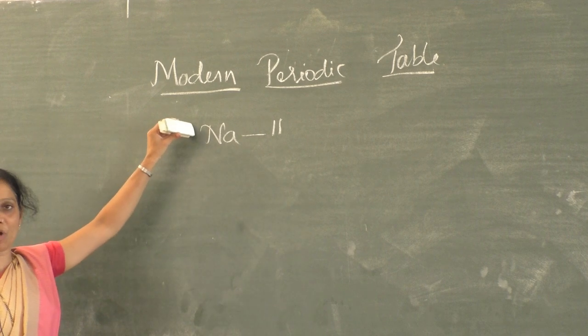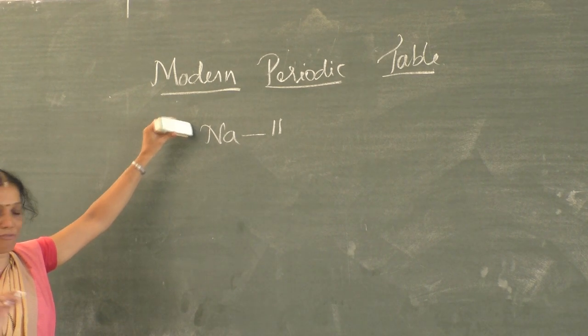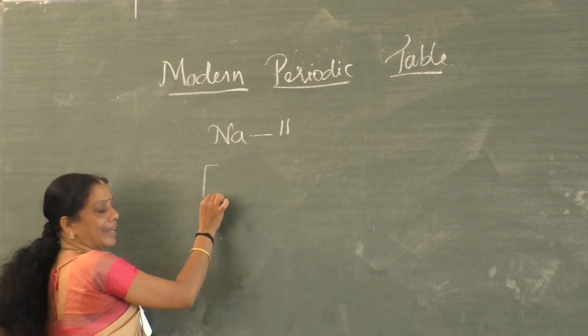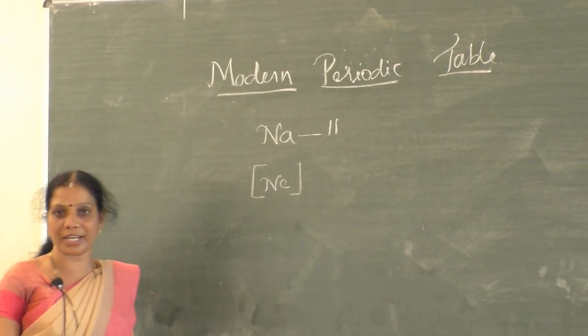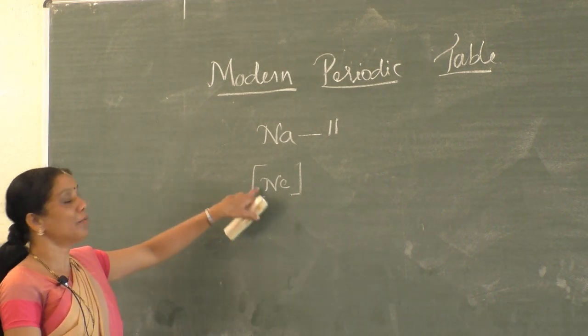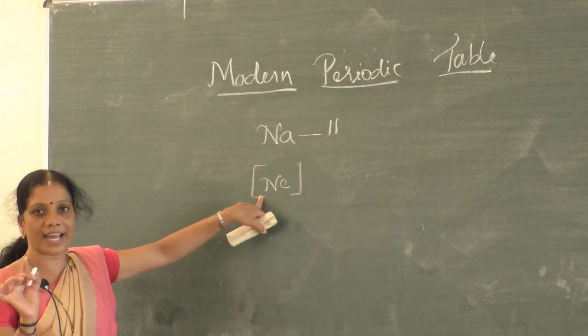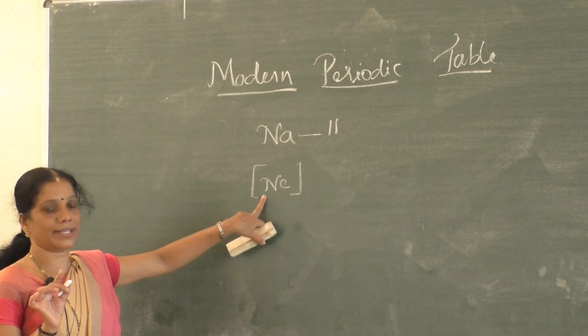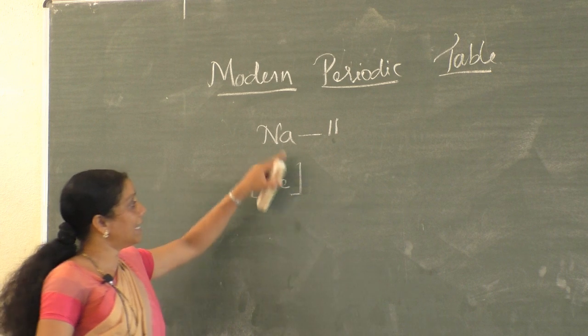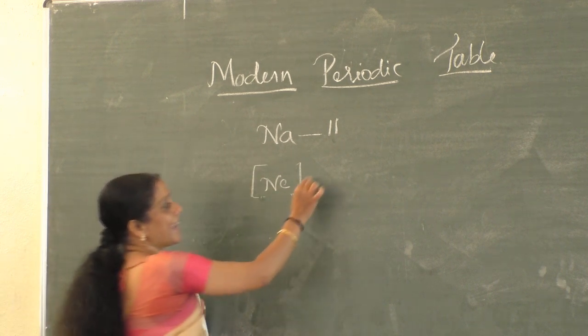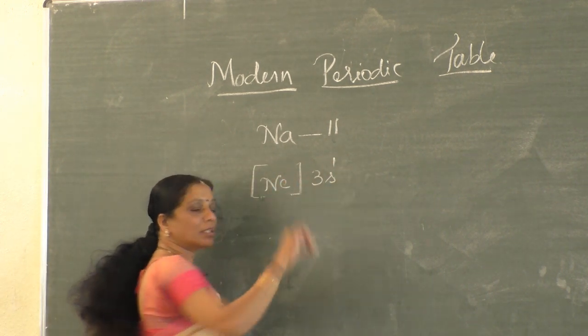If I write the electronic configuration by using the noble gas configuration, straight away I can write here one of the noble gases. In the last class we studied this in detailed explanation, isn't it? Now neon, how many electrons are there in neon? 10 electrons, isn't it? Here totally how many electrons? 11. That means 10 electrons we have written here. The next electron enters into the third main energy level.